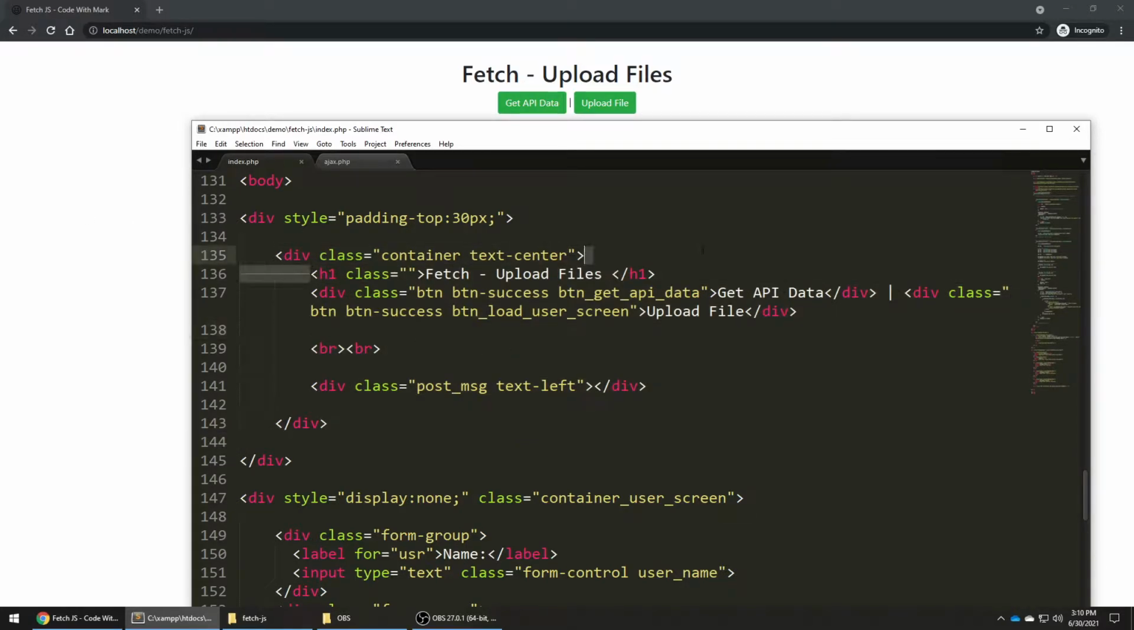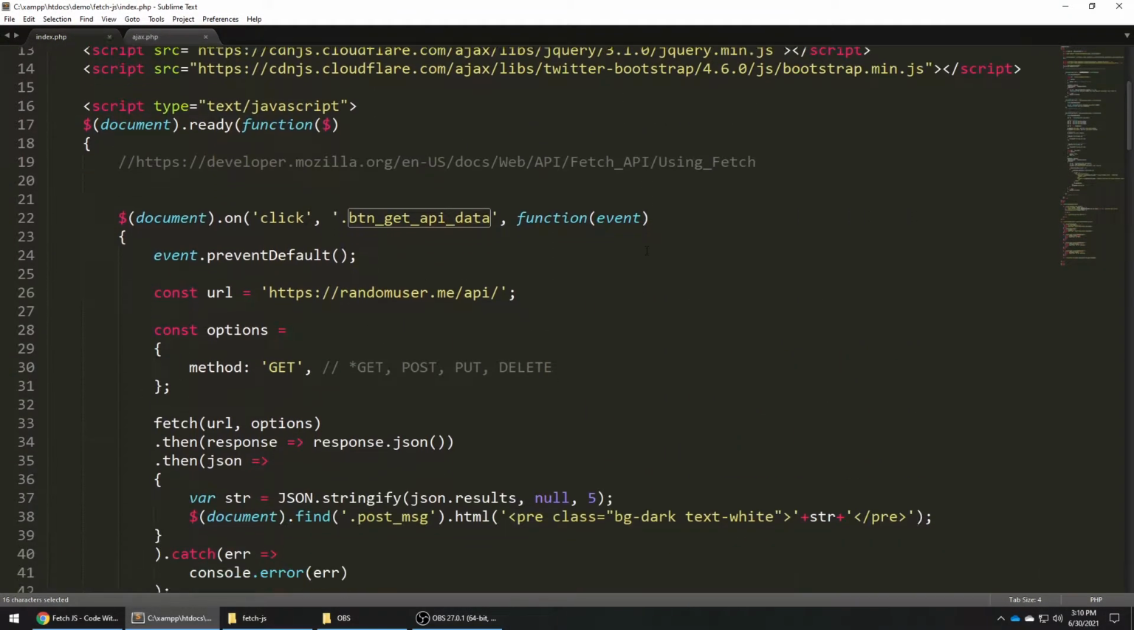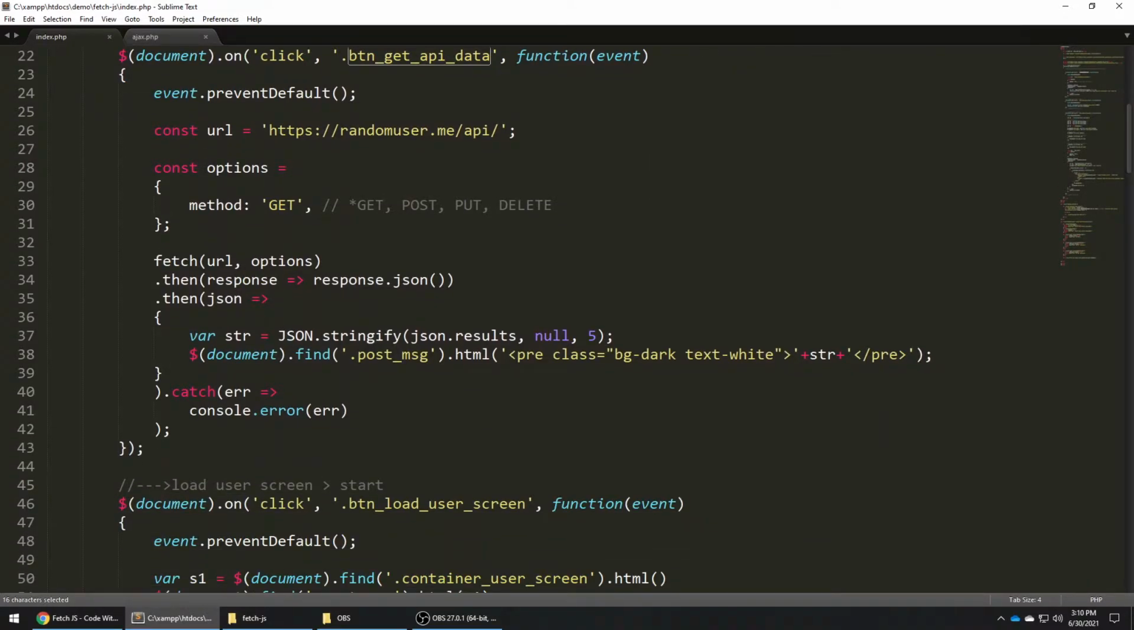So here's the thing. This is just your regular H tag, and then you have a div, and I'm using Bootstrap. And then here's a button that I'm using anytime someone clicks on this, which is your API data or you upload. And if somebody clicks on API data, let's look at this over here. Let's go all the way to the top, right over here. So whenever someone clicks on it, this event code will take place. And I'm using the